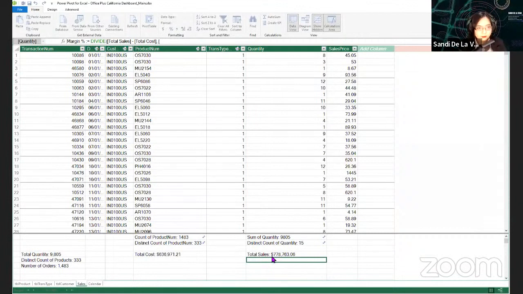Total sales. Complete this expression, so we can now find the margin percentage overall. Just format it with the percentage format so that it will be readable in the pivot table. So as easy as that, we created another set of DAX measures.